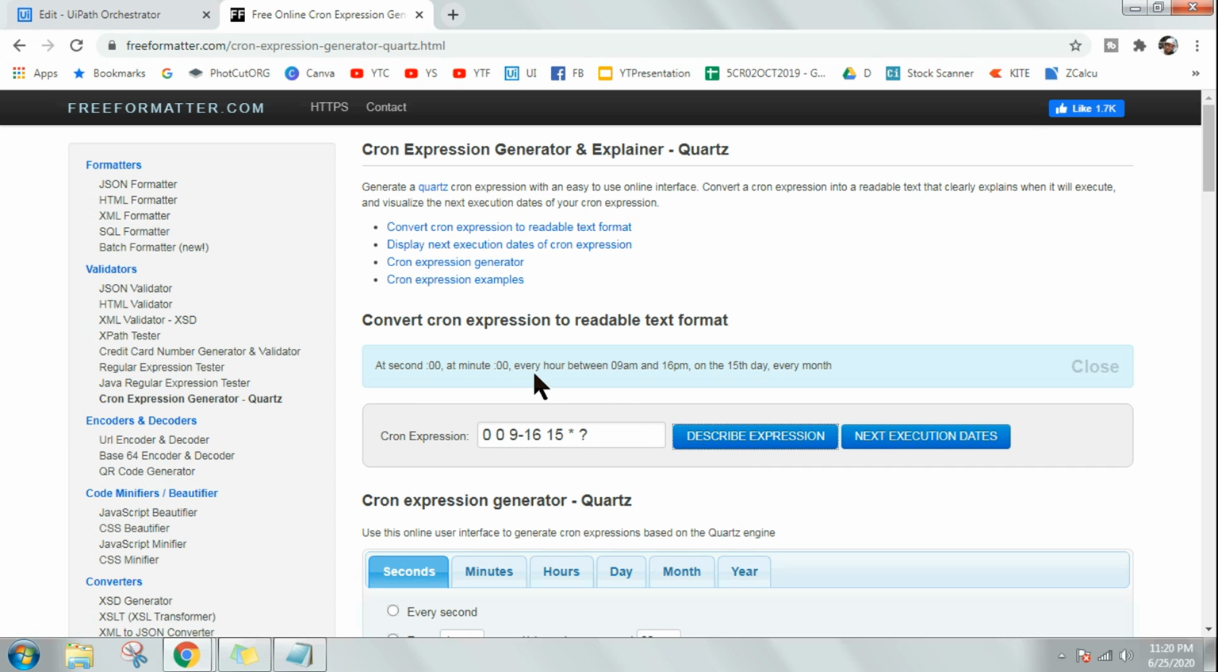So it's saying every hour between 9 a.m. to 16 p.m., which is 4 p.m., on the 15th day of every month, this should trigger. Getting it? So the same thing you can do for the days also. Let's say it should run for the first 10 days, or the first 7 days, let's say, or the first 5 days. So if I put 1-5 and describe expression,